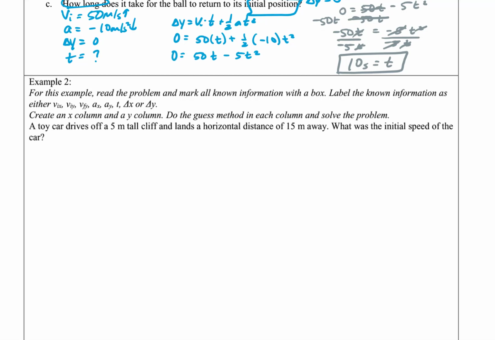Next question. We're going to have to do X and Y column stuff because we're driving off of a cliff. So this is a horizontal projectile thing. Looking at it, a toy car drives off of a 5-meter tall cliff. That's my delta Y, 5 meters tall. With the car driving off the cliff, that tells me